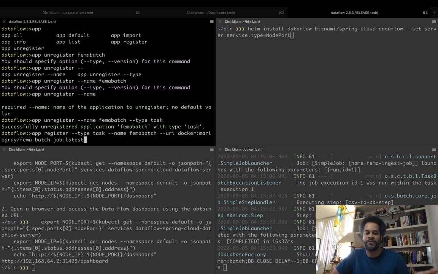It's Mario Gray / FEMA batch job, which is the data source that I'm using. It's the FEMA data source. It's a CSV full of all the disaster lines, and it tells us when things have happened around the United States of America, and it tells us all sorts of points of data about how many people were affected, what location it was, what's the record of the disaster, was it a hurricane or which hurricane was it? It's all down to those numbers that will eventually suss out with yet another batch job. But basically, this is the source data that I'm using to obtain records of disaster responses by the Federal Emergency Management